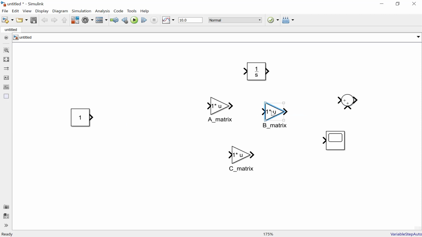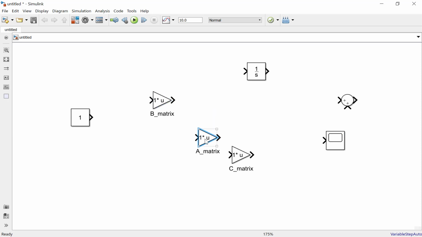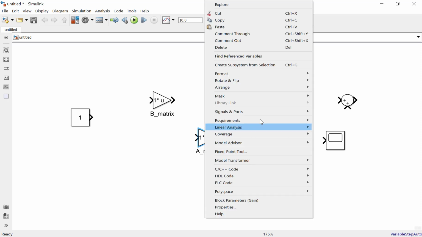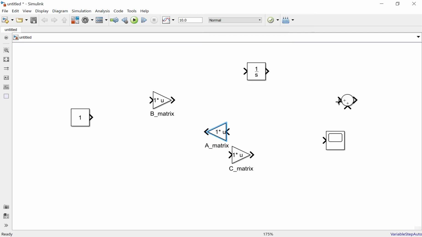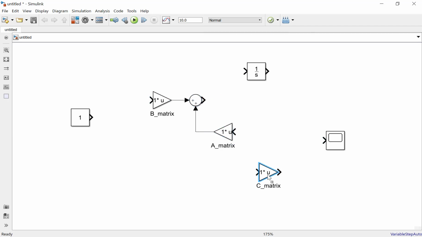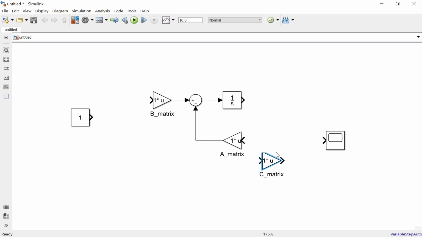So this is the B matrix, and we need to flip the A matrix. Okay, and we need to add, to sum the A matrix and B matrix. This is the C.